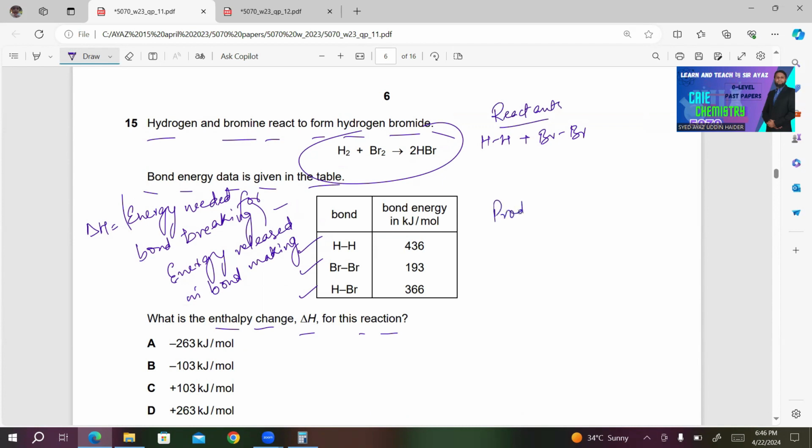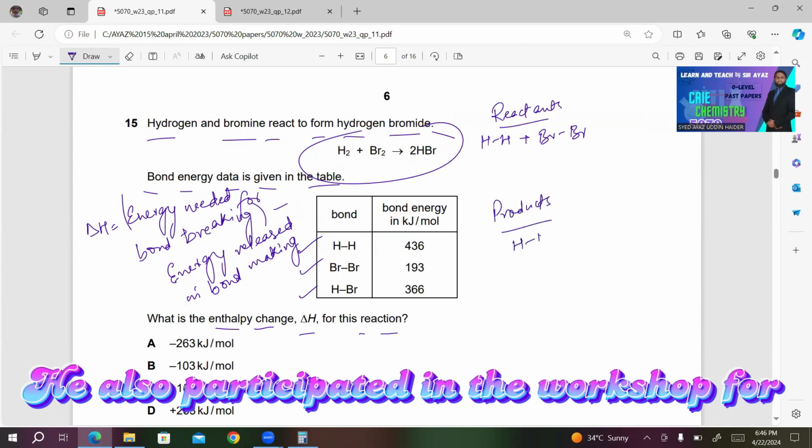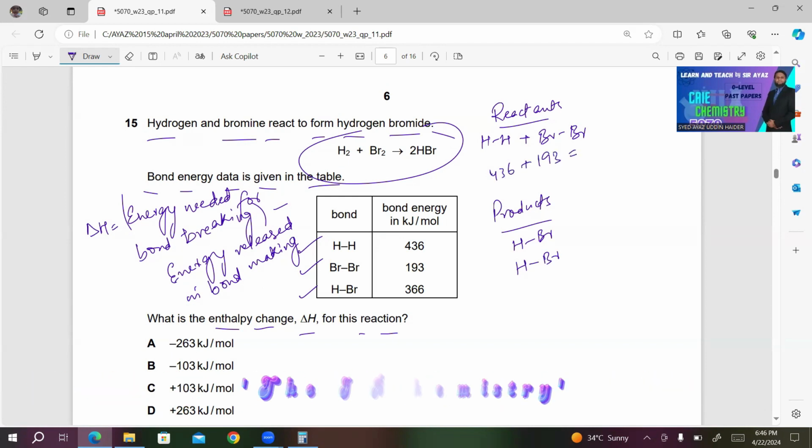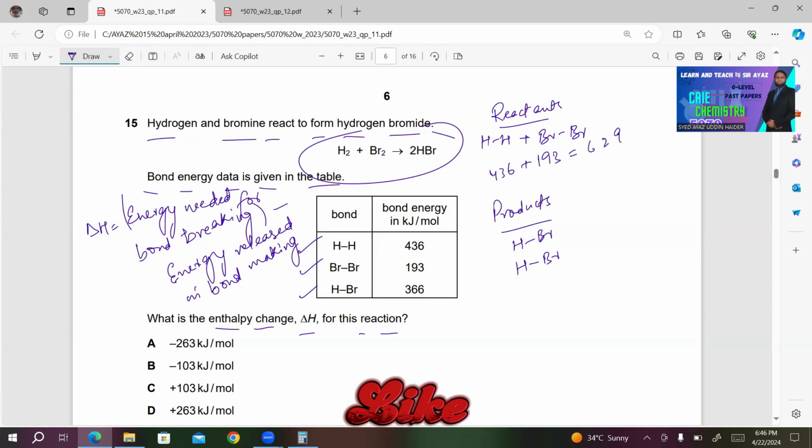Products: 2HBr, so H-H we have 436 plus Br-Br 193. What will you get? 3 plus 6, 9. 9 plus 3, 12, 629. 629 minus 2 HBr multiplied by